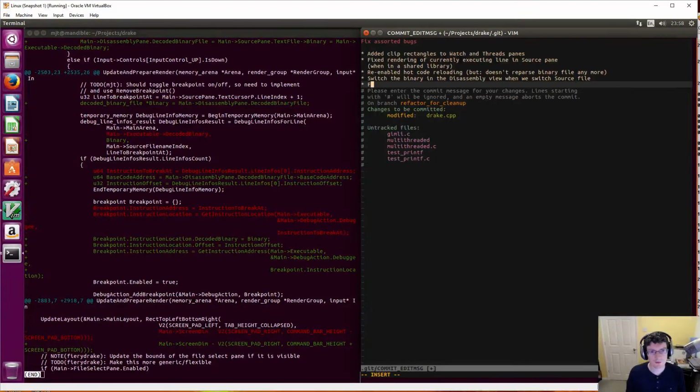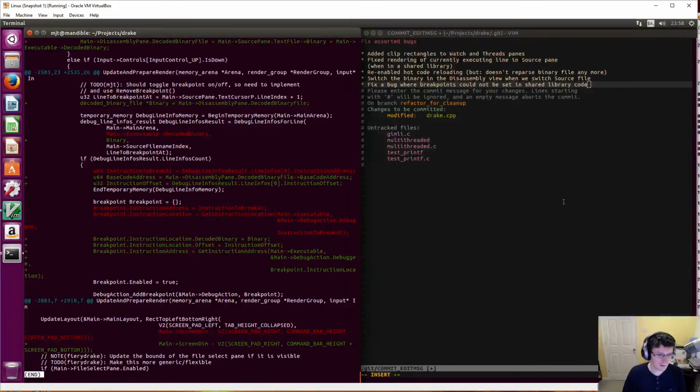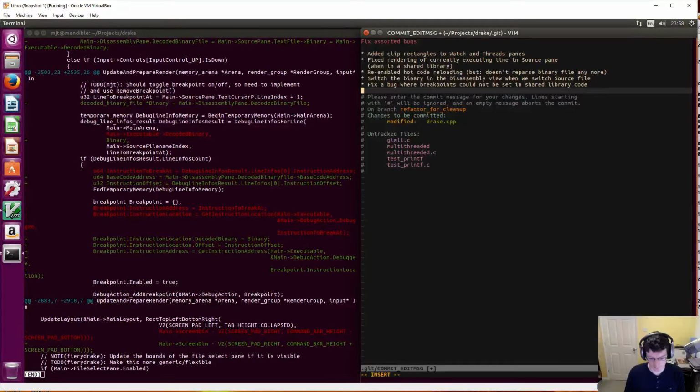Fix debug. How am I going to explain this? Enable break. Fix a bug where breakpoints could not be set in shared library code. That's that last bit. And then finally we had fix a misalignment